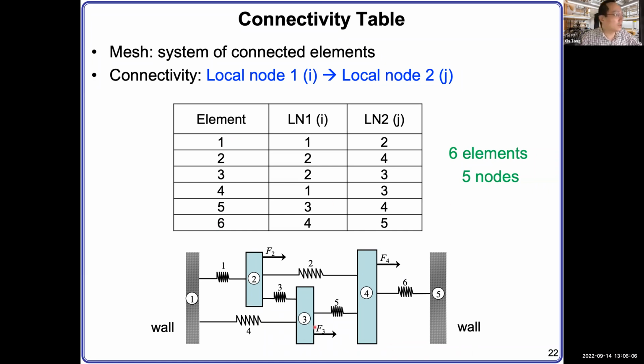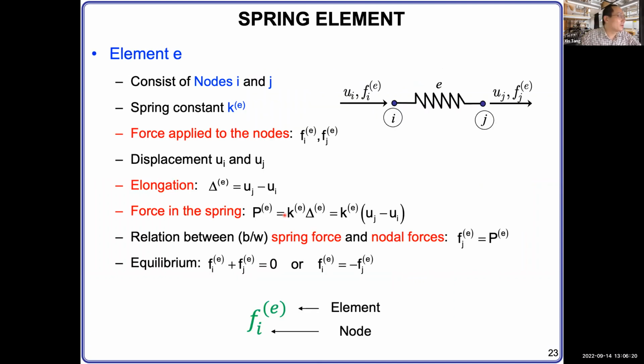Once you have this table formed, then the next step you can easily write the individual matrix as well as the global matrix. Before you write the individual matrix, you also need to know the convention of how we describe each spring. For each spring we write the nodes like this generic spring. We have node I, enclosed with a circle, and node J, for the spring E, right?